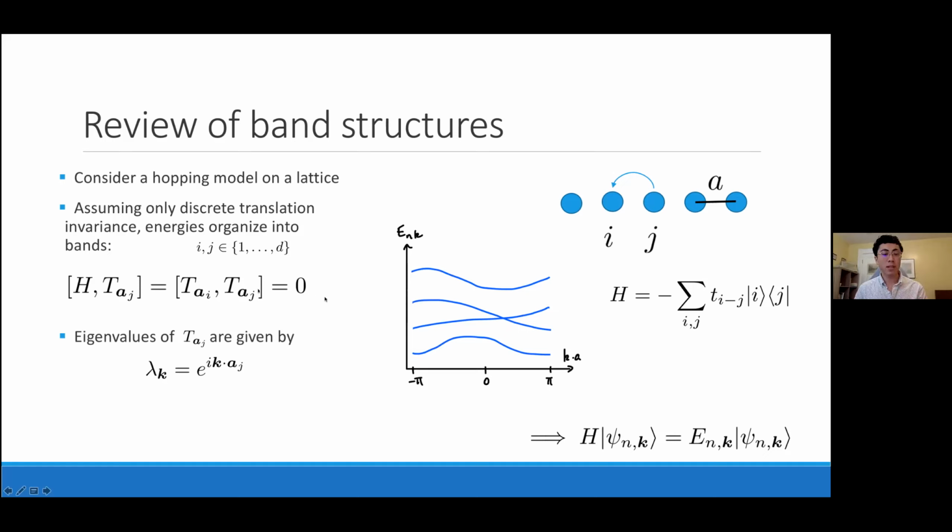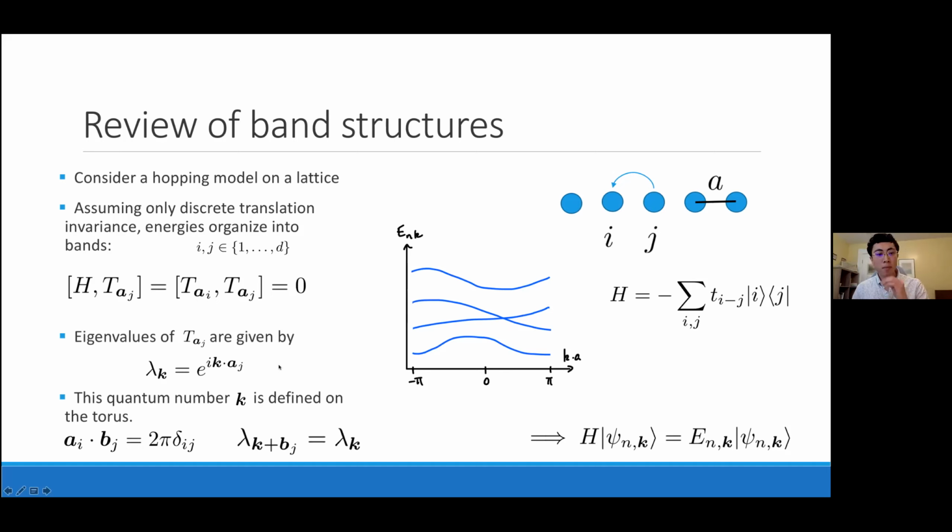Now, owing to the T's being symmetries, we know that they're diagonalizable and they have these unit length eigenvalues. And we label these by K. Now, why does this turn out to be the form of these eigenvalues? Well, it's for the following reason. The quantum numbers, with lambda K, the eigenvalues of T, taking this form, it means that we can compose the T's and we have an abelian structure because the A's just add in the exponent.